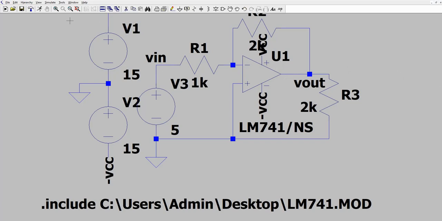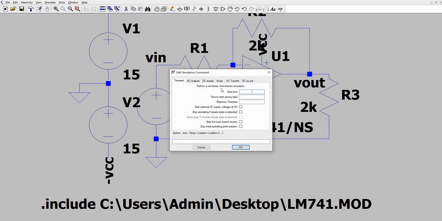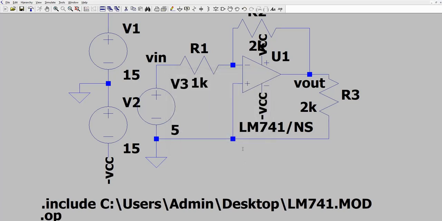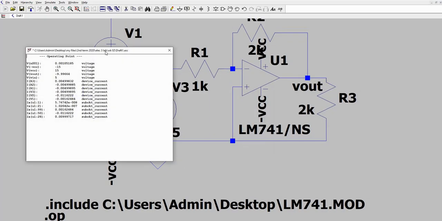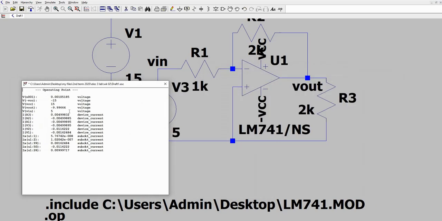To simulate, just click run. Since we are just using DC voltages, just use DC OP for your simulation. After you click run, you will notice that you have these values.